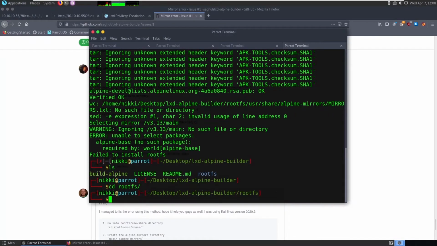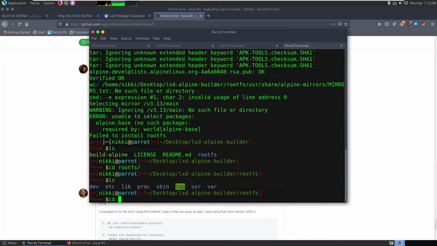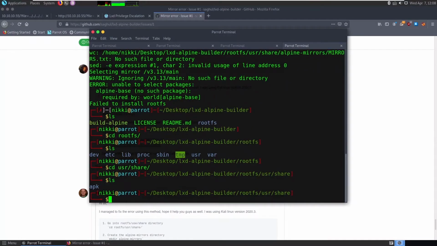In this root file system, say ls, then go to cd usr share, let's say ls. Now we need to create a folder called alpine-mirrors.